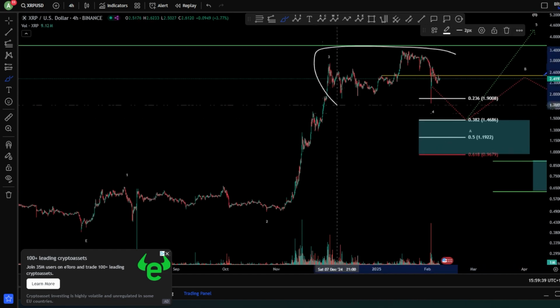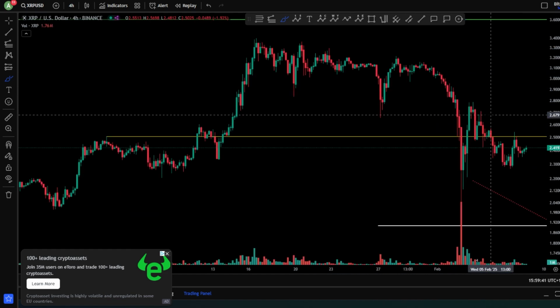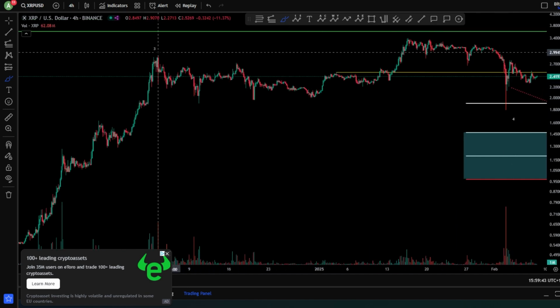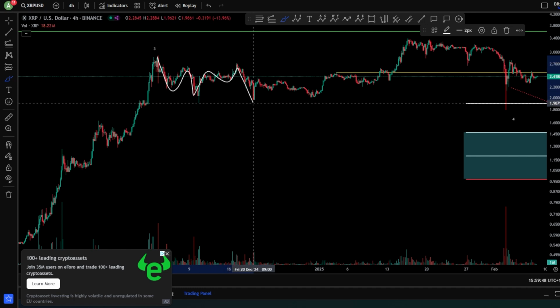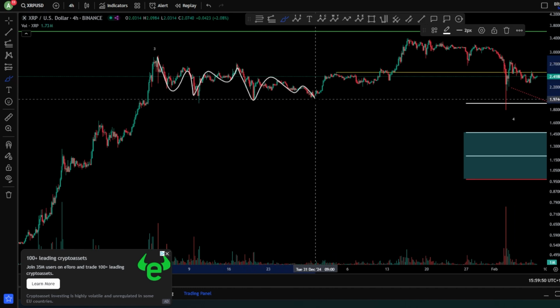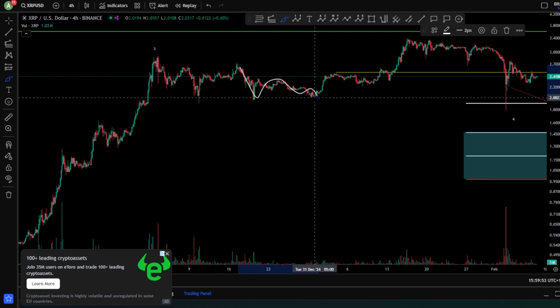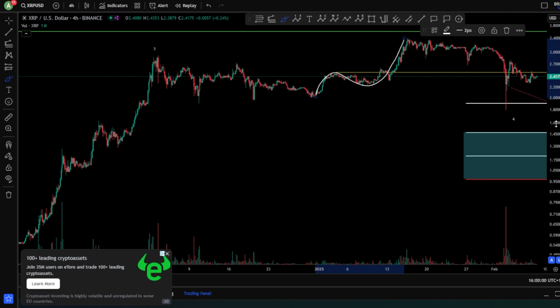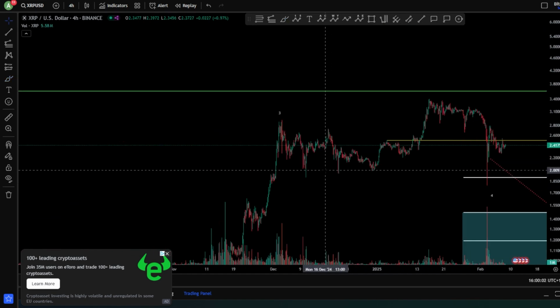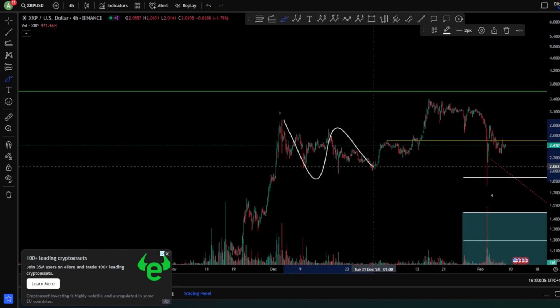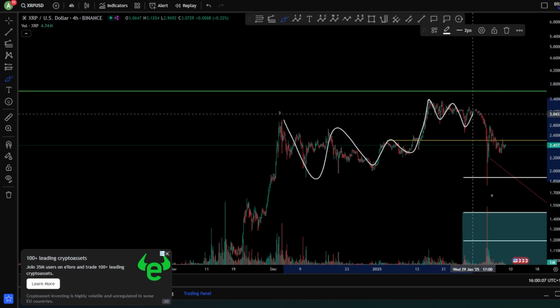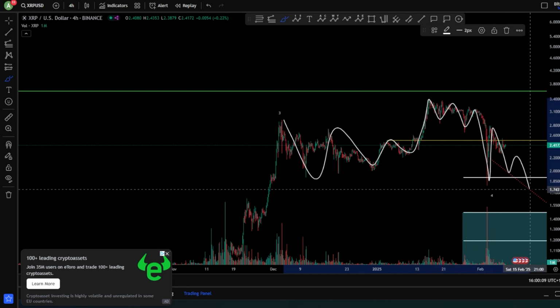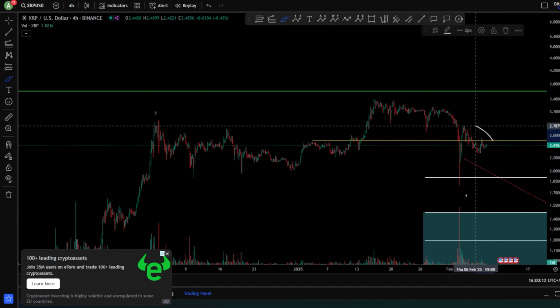Now let's analyze this area. This area is the answer for what is coming next. As we can see, very corrective. Definitely this is 3 waves down, 3 waves up, and probably WXY then. We're looking here at kind of a WXY finished in a zigzag here. And then we're looking at 3 waves to the upside, meaning we have 3 waves down, 3 waves up, and probably 1, 2, 1, 2, 3, 4, 5, 4, 5,